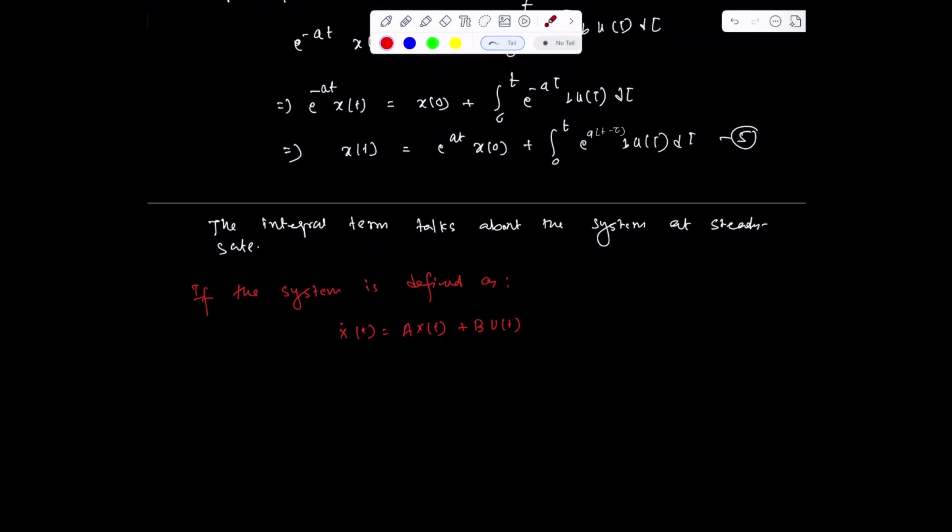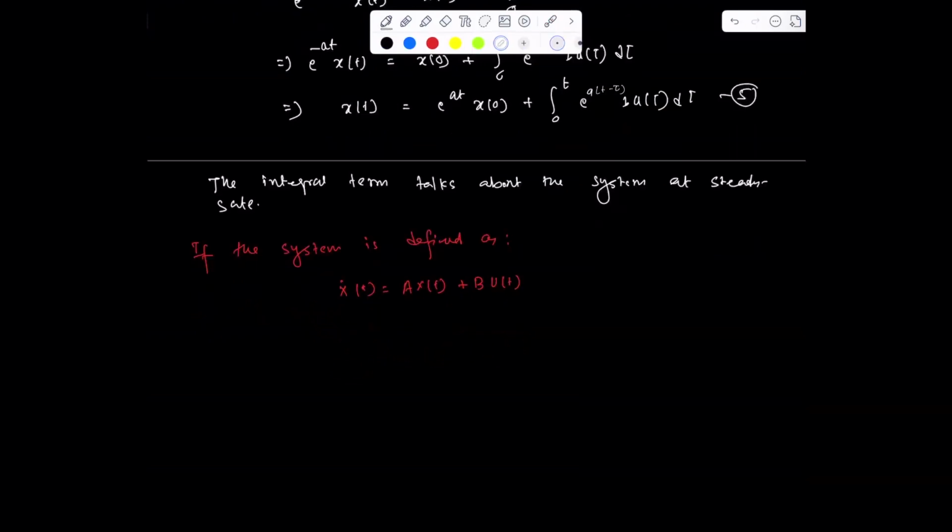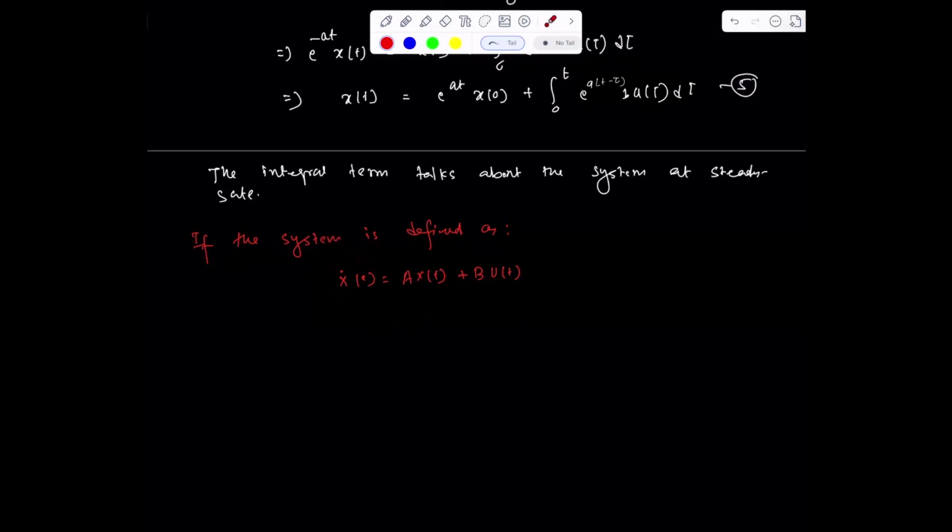Now we'll find the solution of this state space equation. This is the main goal of this lecture: how we can find the solution of the system which is defined in the state space form. Since the system is quite complex because the control input is also a vector, first let's go without the influence of the control input, and find the solution of the natural system. So let's work on this.